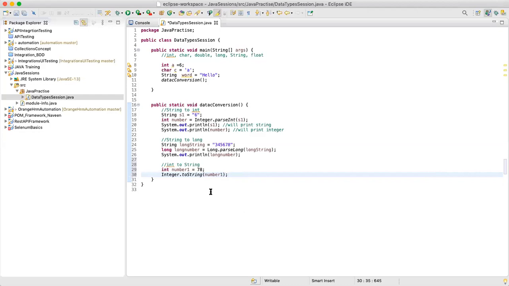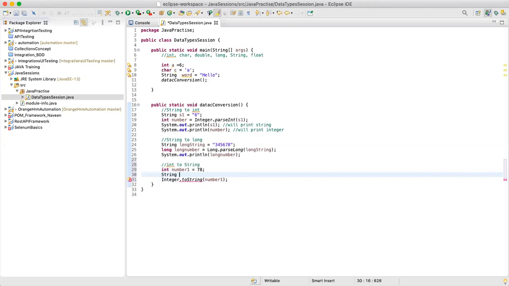Now, from a learning point of view, guys, when you get into experience and you already know Java, you will work like this: String.